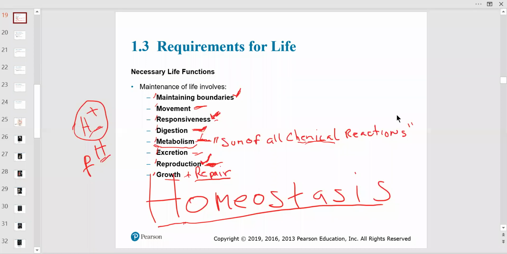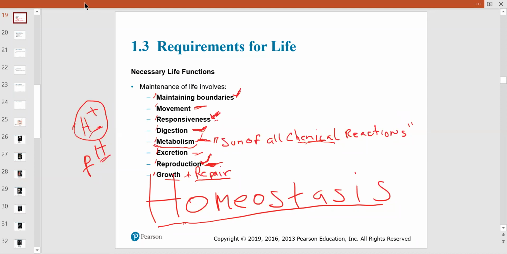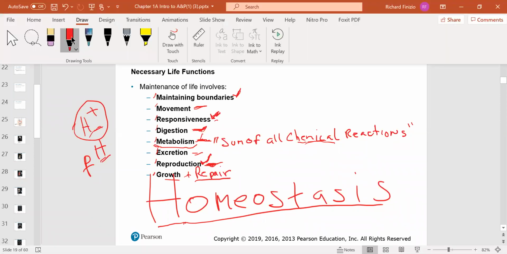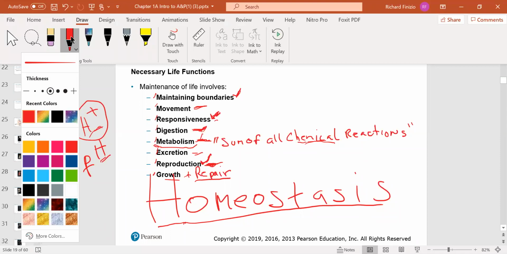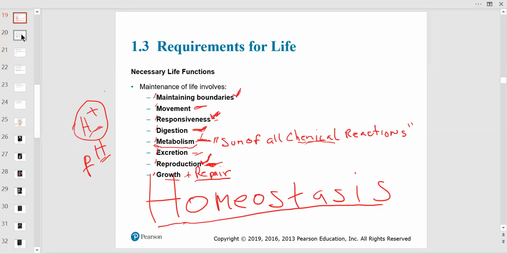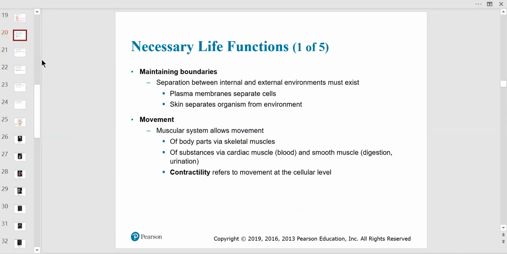I am on it. Okay, so we finished off with homeostasis, which is a good place to start and stop. So these are some functions of life we went through. We'll just walk through some of those. We're going to talk a lot about the plasma membrane of cells. It's a very fluid mosaic model. It's very dynamic and it's selectively permeable. So it's very choosy on what it allows in and out.